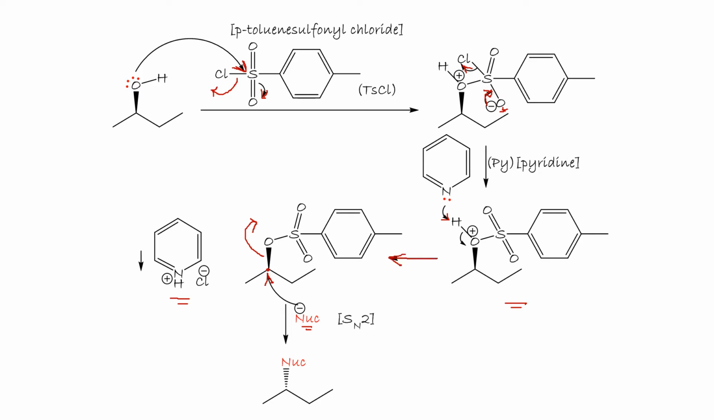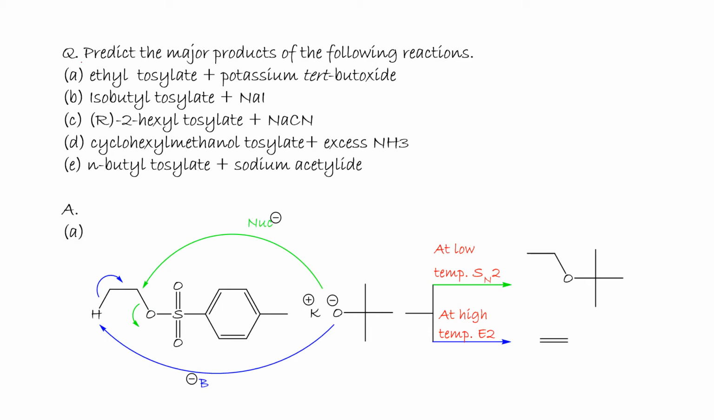All right. Predict the major products of the following reactions. Ethyl tosylate with potassium tertiary butoxide. Here is 2 carbon, and here is tosylate. That's the compound, ethyl tosylate with potassium tertiary butoxide,